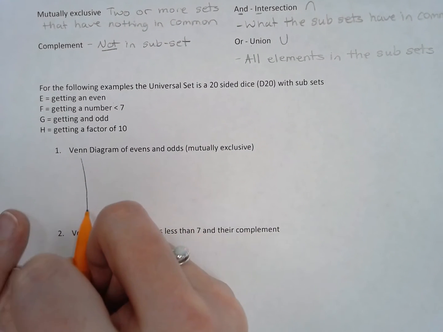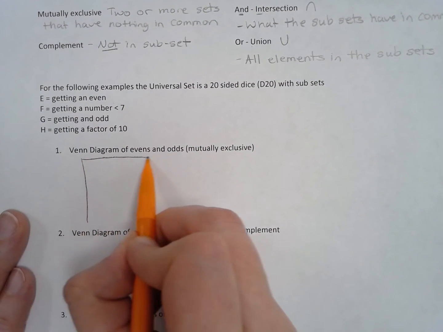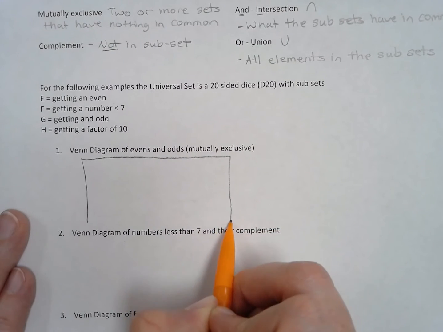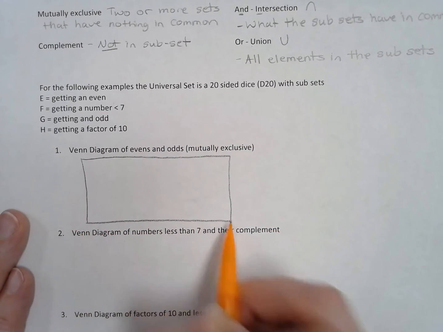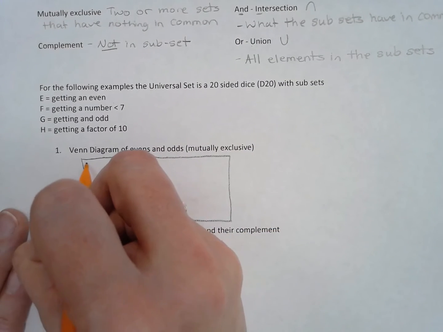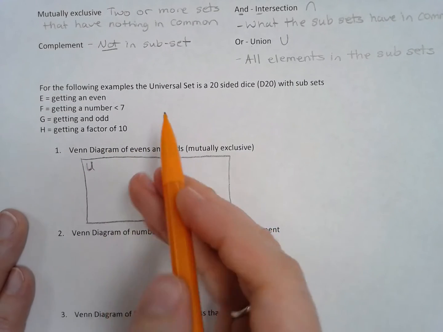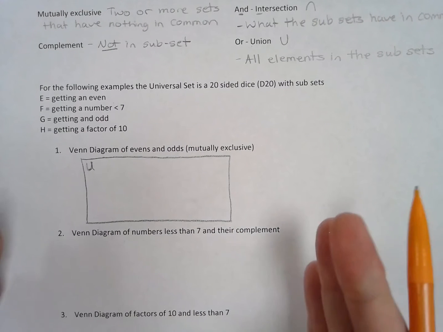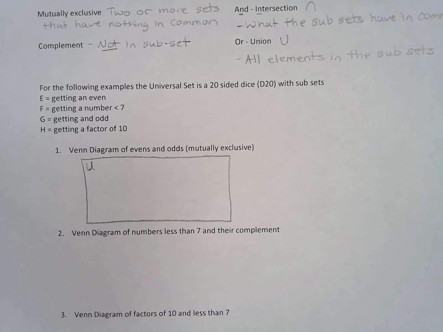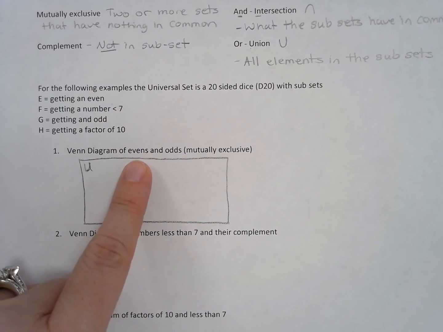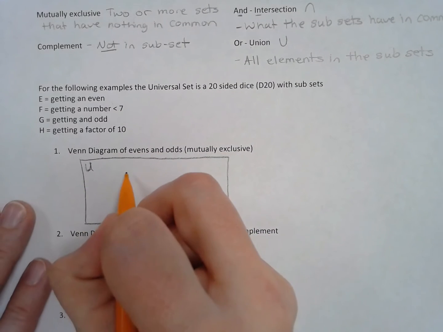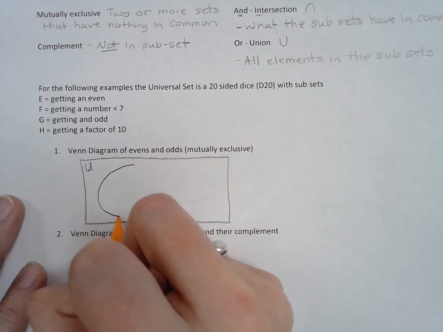Venn diagrams typically have a rectangular box around them. So this rectangular box actually describes the whole universal set. So in that box is the whole 1 through 20. But if we wanted to show the subset of evens,